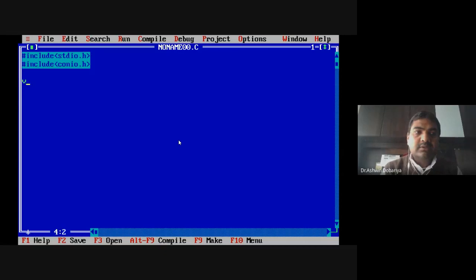So void main. First thing we require is one number that we will take as input from the user. So n we will take input from the user. Another variable we require will hold the remainder. Remainder means last digit, so remainder means r. Then we need a reverse number, so initially reverse number we will say 0. Why it is 0, I will explain to you. And a variable which will separate the last digit, L, right?